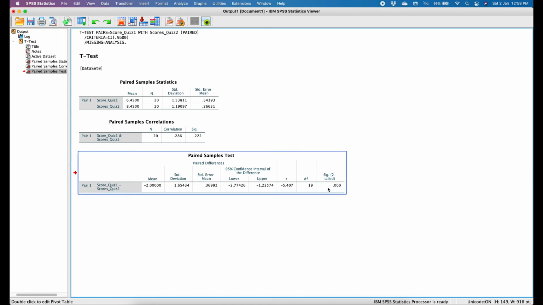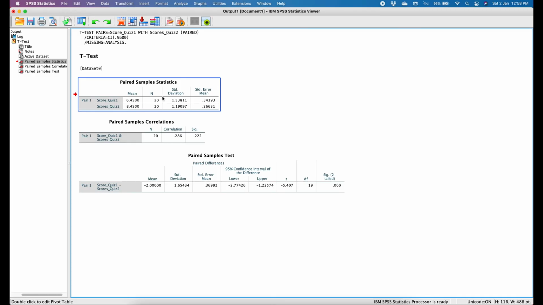Now in order to check whether the scores were better in quiz 1 or quiz 2, I would be moving to the paired sample statistics table. In this, it is telling me that in quiz 1, the mean score of the students is 6.45. Whereas in quiz 2, the mean score is 8.45.